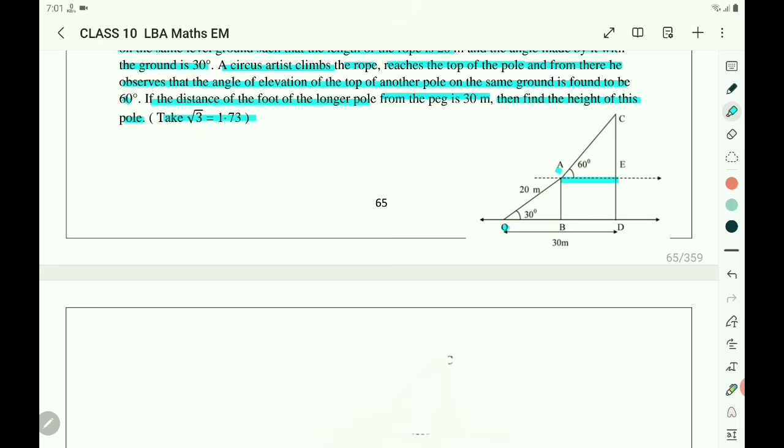Once you get this AE, again you can use this right angle triangle to find CE. After getting CE, you can add CE and DE to get the height of the second pole. So first take the right angle triangle ABO. In the right angle triangle ABO, you write